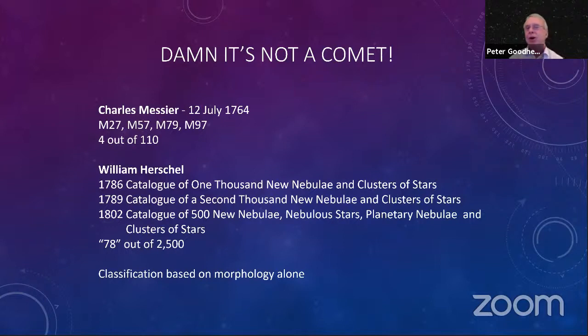But again, he didn't know what a planetary nebula was in the true sense that we now understand them from an astrophysical perspective. And we know now that many of the things that he described as planetary nebulae were not actually planetary nebulae at all. Some, for example, were distant galaxies which looked quite similar. So his classification was really just based on the morphology, on the physical appearance, without really knowing what a planetary nebula was.